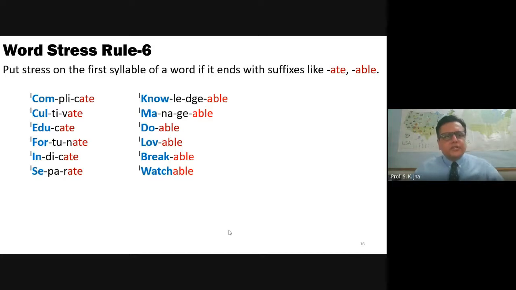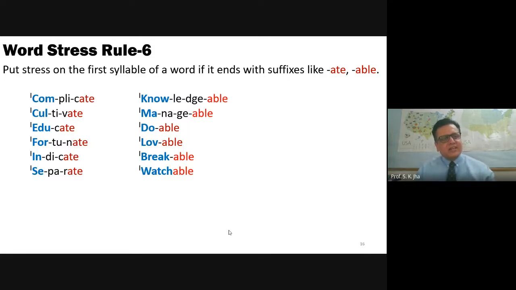Yeah, word stress rule 6. This rule is comparatively easier to remember. Why? Because in this rule, you just have to give stress on the first syllable if the word ends with suffixes like ate or able. For example, complicate. We will not say complicate. You have to give stress on